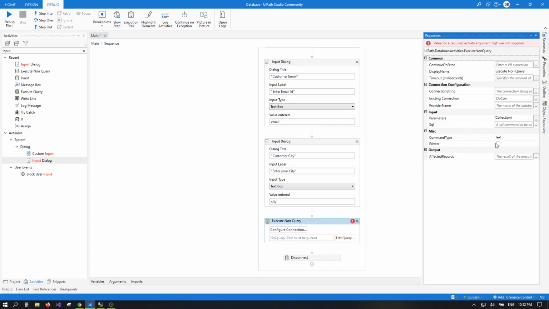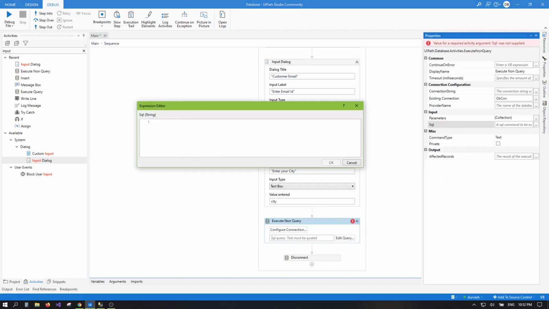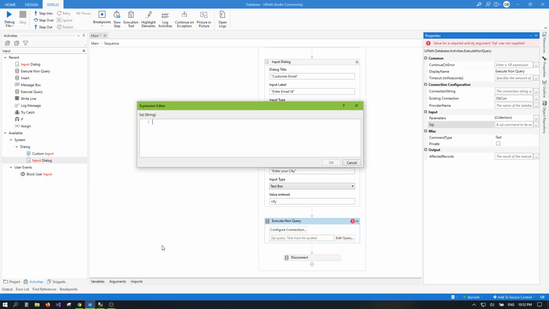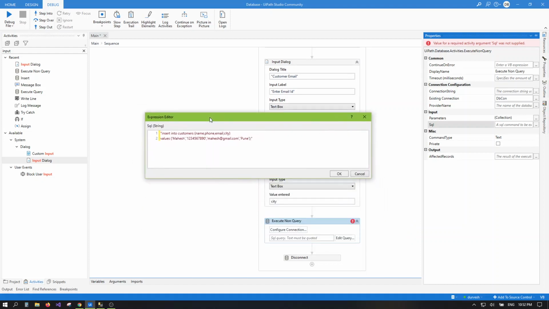For this we need to write this insert query. Just copy this, and in the double quotes, yeah, I have the inputs in the variables. So I'll delete these hard-coded values.